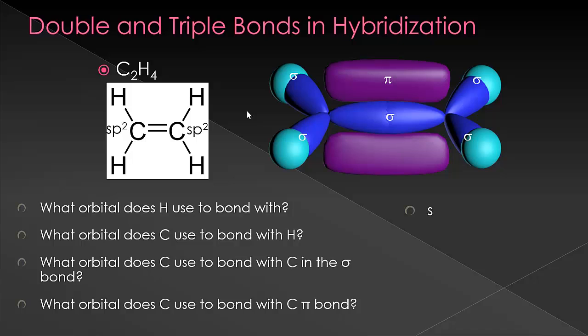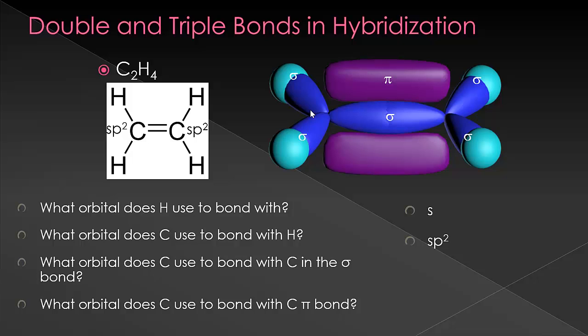The s orbital. Hydrogen has a 1s orbital that only has 1 electron in it, and so it'll use that other space to share an electron with carbon. Now, what does carbon use to bond to hydrogen with? So we have a carbon sitting here, and we have its 3 orbitals. It's bonding to the hydrogen by using its